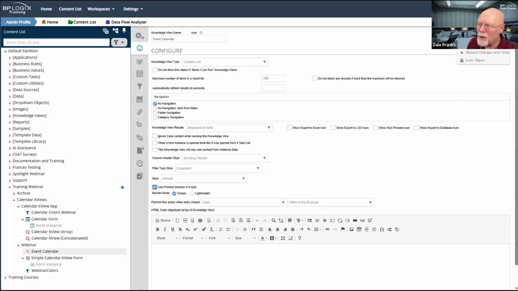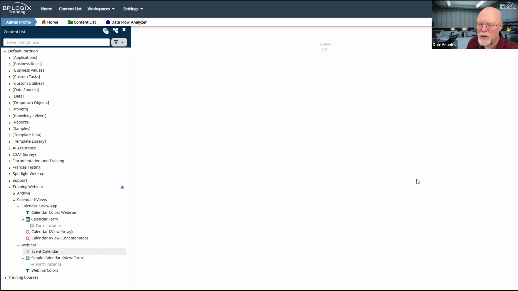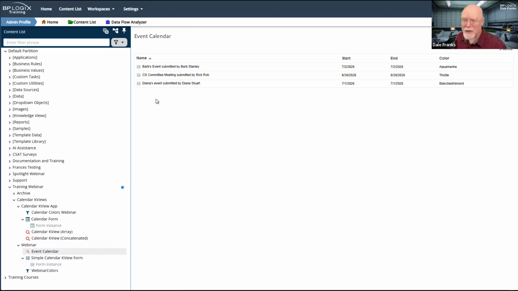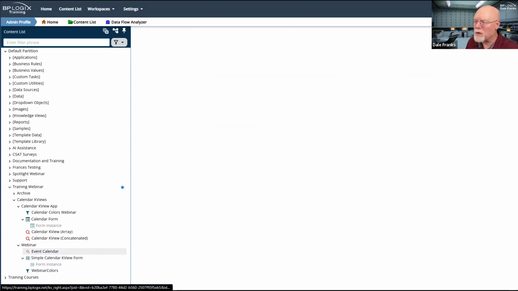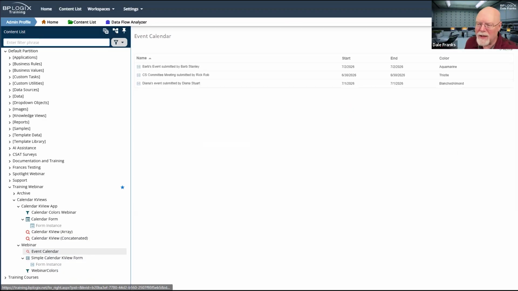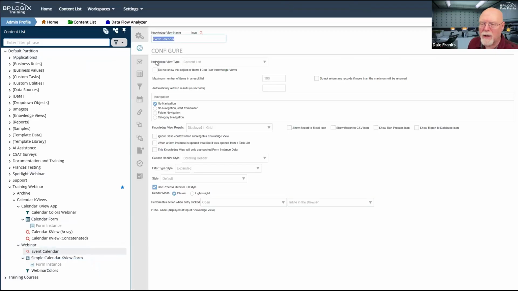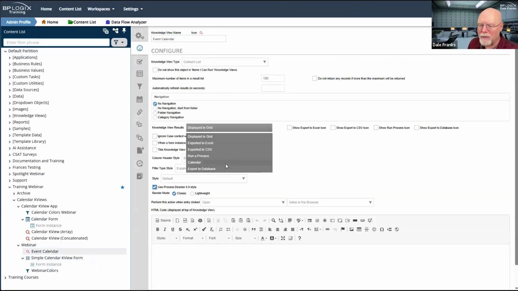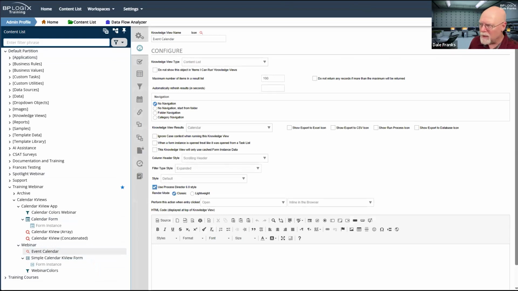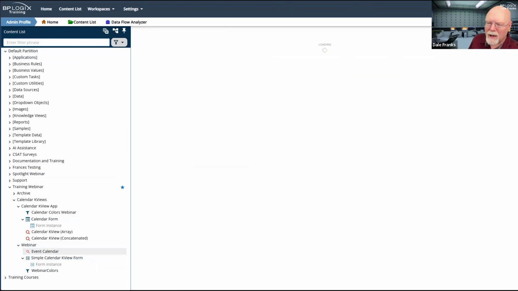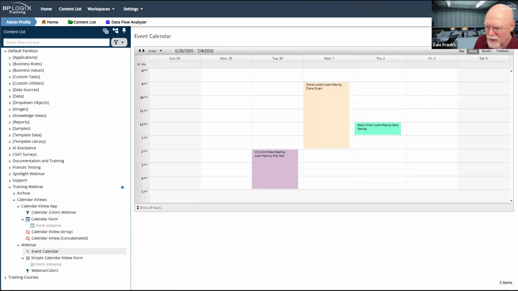You're probably going to want to keep it set to default to grid initially, at least during the development cycle, so that you can swap back and forth between the data you're seeing and how it appears in the calendar. And then ultimately, before you release it to your end users, you'll go back to the configure tab and reset this back to calendar so that it runs automatically in calendar view. And of course, your end users, that's probably all that you want them to see.